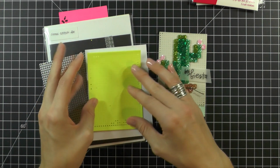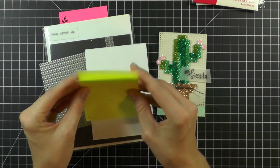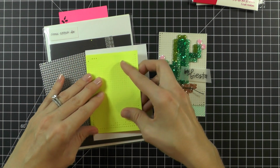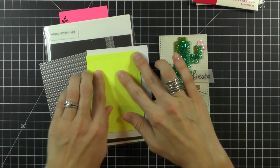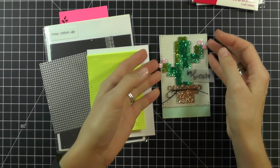If you don't like that, all you do is cut the exact same size of cardstock to your die cut piece, and that is what you will lay down and adhere to your card base, and then you'll attach this die cut piece on top of it. That way it shows the same color through the holes. That's what I've done for this